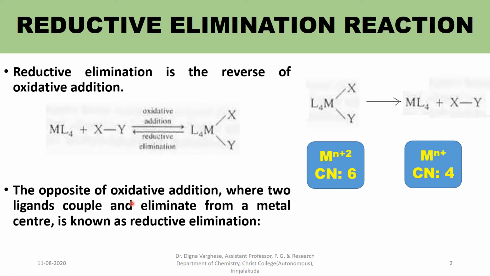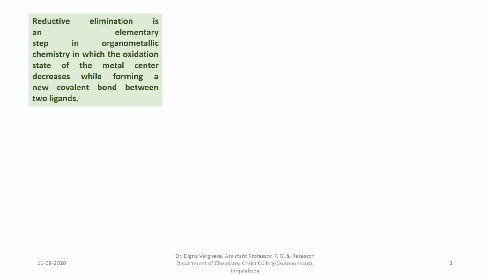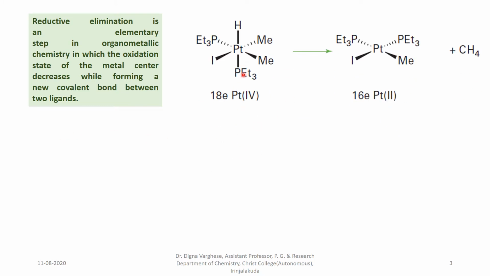The opposite of oxidative addition, where two ligands couple and eliminate from a metal center, is known as reductive elimination. Reductive elimination is an elementary step in organometallic chemistry in which the oxidation state of the metal center decreases while forming a new covalent bond between two ligands. Here,